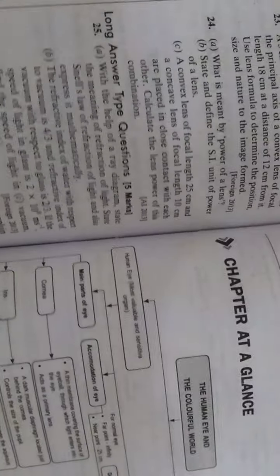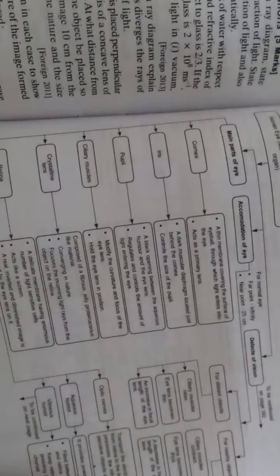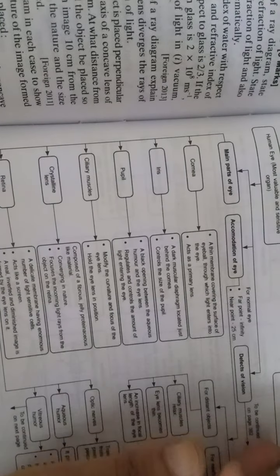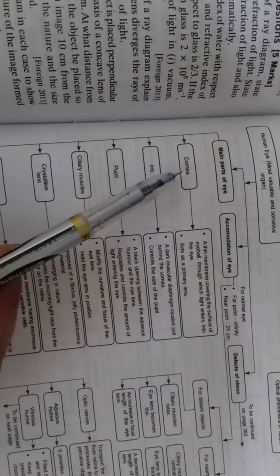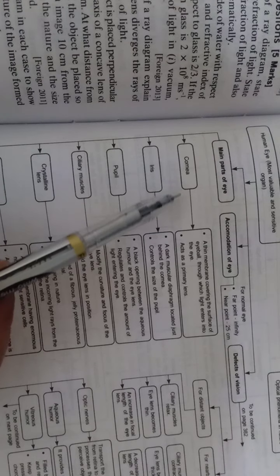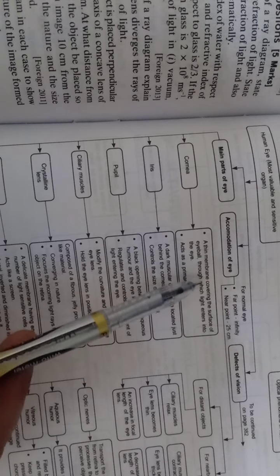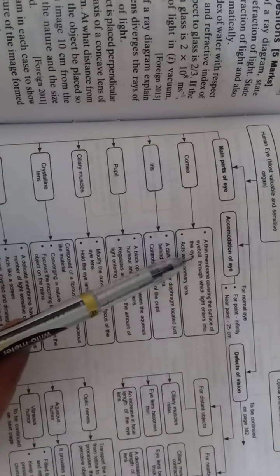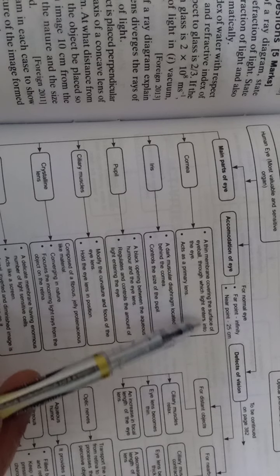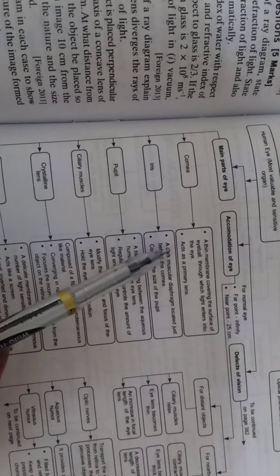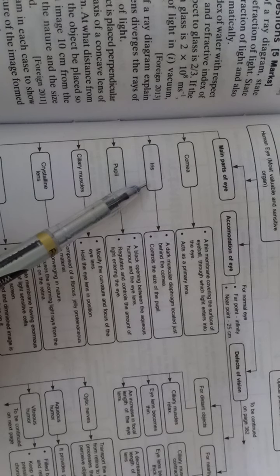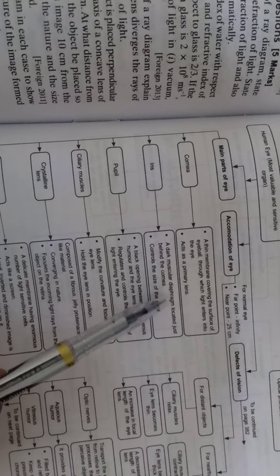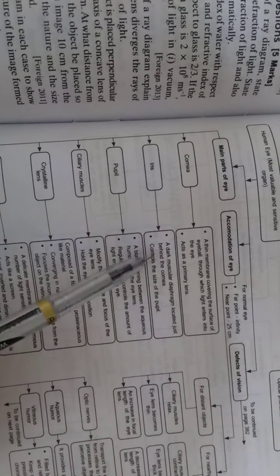So students, we can revise the various parts and the functions of the eye. The first one that we have studied is the cornea. Cornea is a thin membrane covering the surface of the eye wall through which the light enters into the eye, and acts as a primary lens. Second one is the iris, a dark muscular diaphragm located just behind the cornea, which controls the size